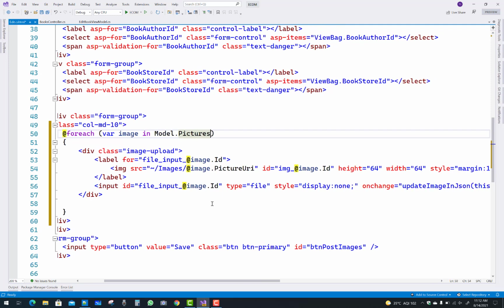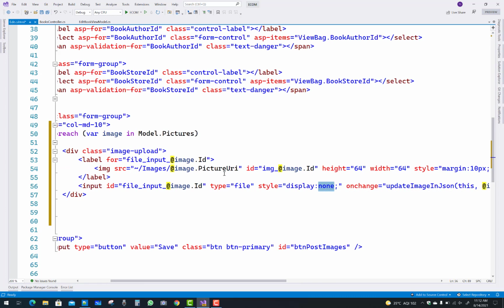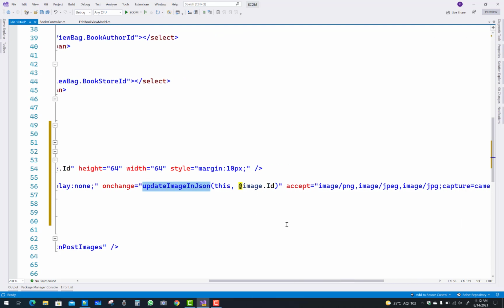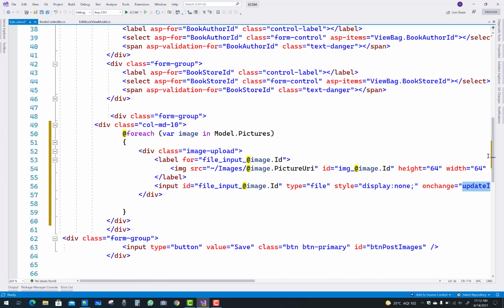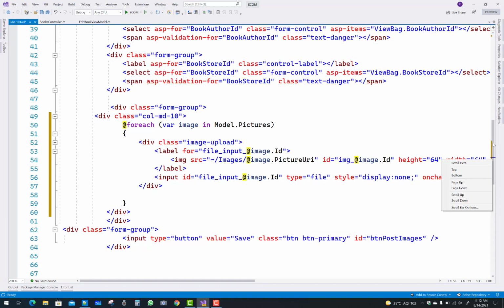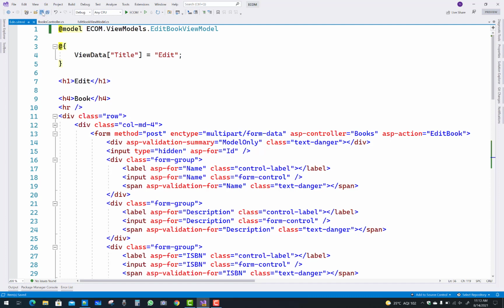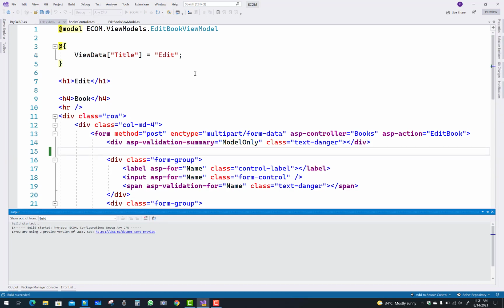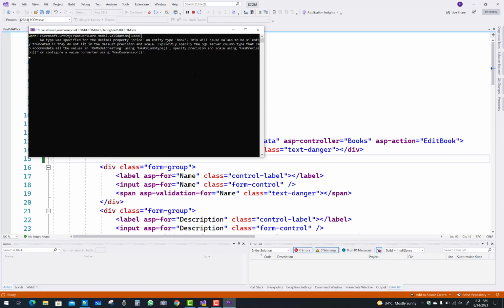Height, width and styles are also there, and also one file input, where the ID property of the file input is set with the ID property, and an onchange event is there, where we have passed this object, the file input. Just copy and paste the remaining code into your script file.